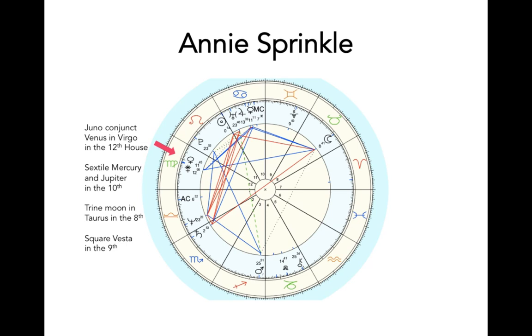And I'd also wonder if it was at all challenging for her to allow herself to go get her PhD, if there were any feelings of worthiness or whatever to work out because of this square between Juno and Vesta, just being about the work or the field, the industry that she was in, and then bringing that into academic circles. I would think that would be challenging in some way, but I could be totally wrong. But that's where I would go with the square